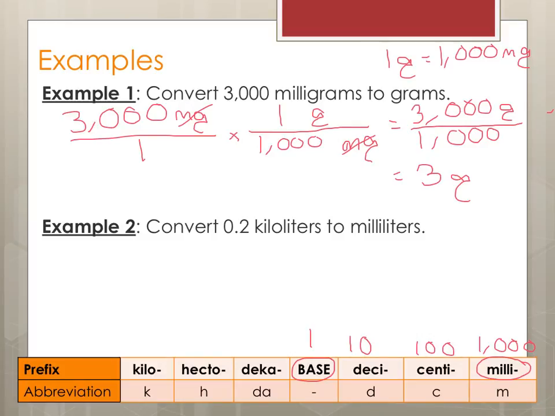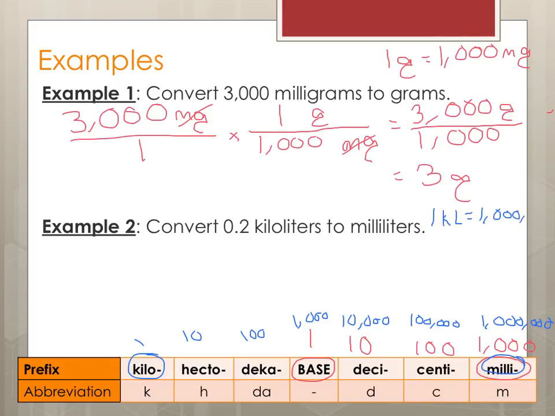Now for example 2, we're going to start with kiloliters and go all the way to milliliters. So that's 1, 10, 100, 1,000, 10,000, 100,000, 1 million. We add a 0 each time. So our conversion factor is 1 kiloliter equals 1,000,000 milliliters. Alright, we'll start with our initial quantity, 0.2